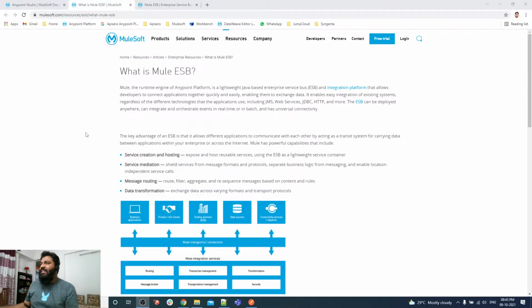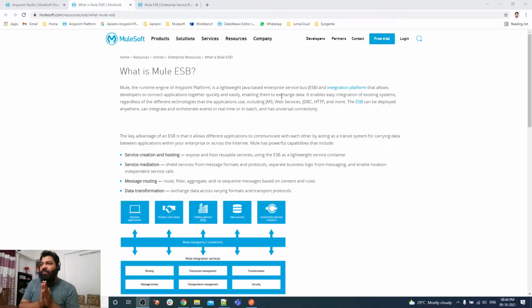It basically connects JMS and web services. We can connect any JMS, ActiveMQ, RabbitMQ, and web services. We can expose SOAP APIs and also consume SOAP services. For JDBC, we can connect databases that are JDBC compliant and perform insert, select, call stored procedure, delete, and update operations. With HTTP, we can also communicate over HTTP and HTTPS, and more. So ESB, as you know, is an enterprise service bus that implements enterprise integration patterns.